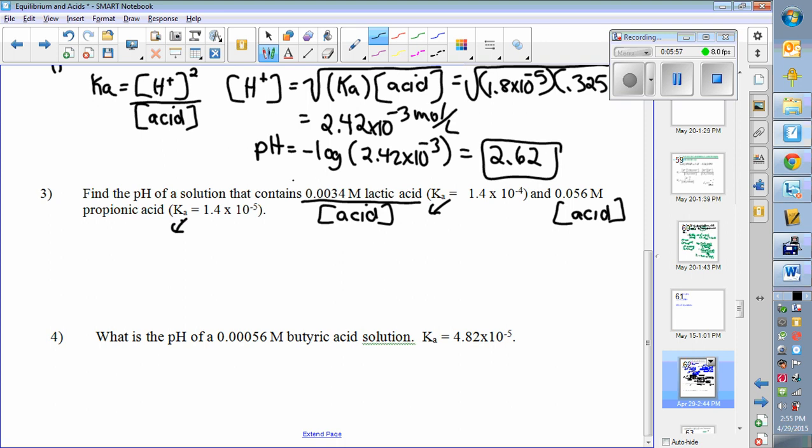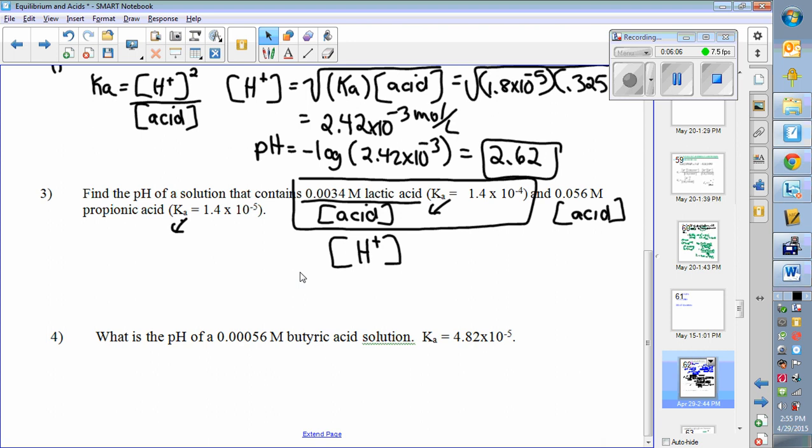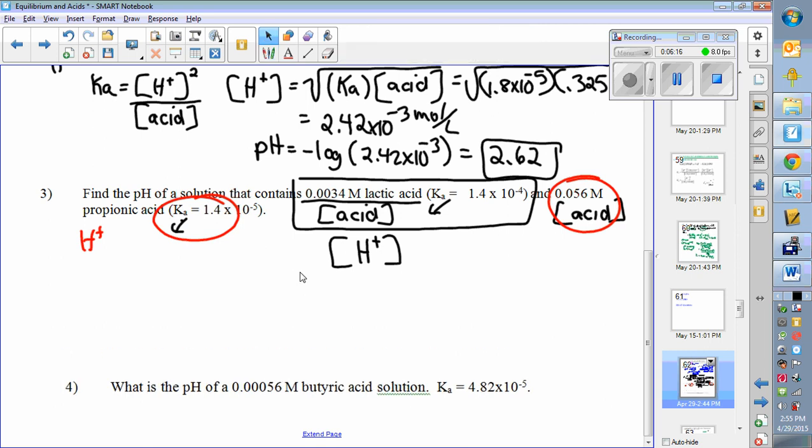If we use these two here, that will give us an H plus concentration. And then if we use the other two numbers, this acid and that Ka will give us a different H plus. And if we combine both of those H pluses together, we'll get the total,